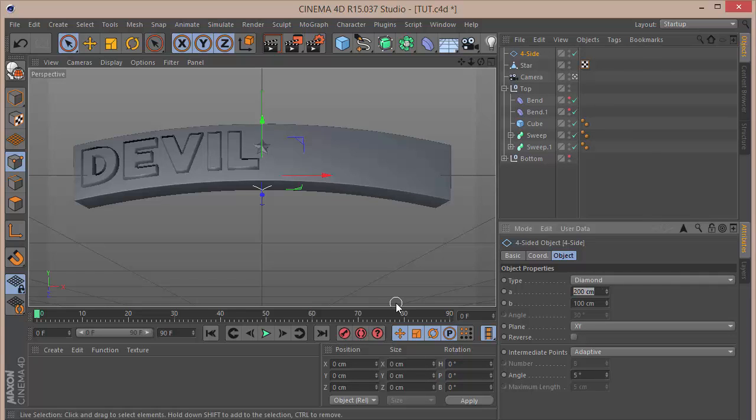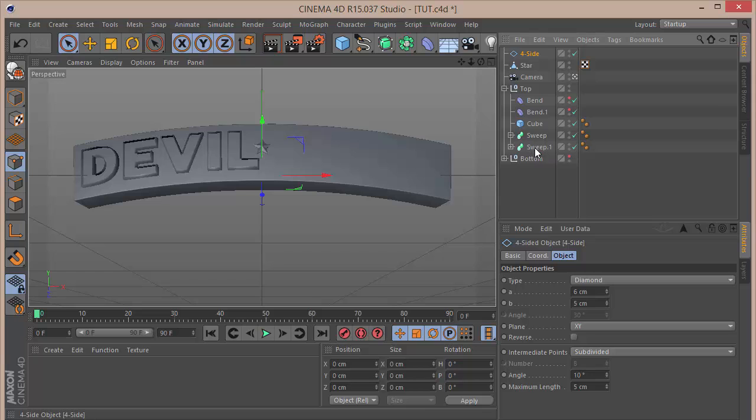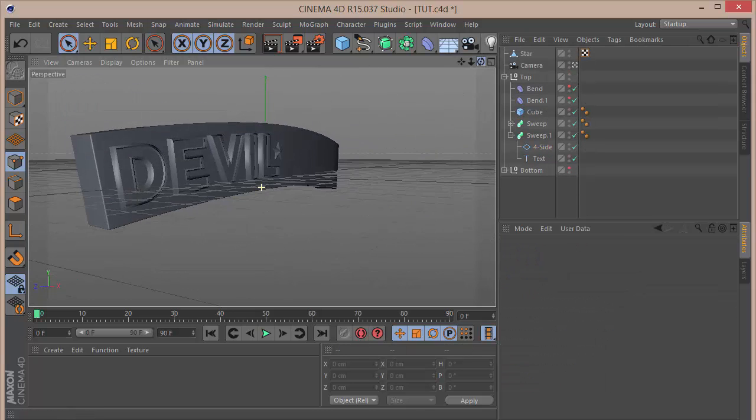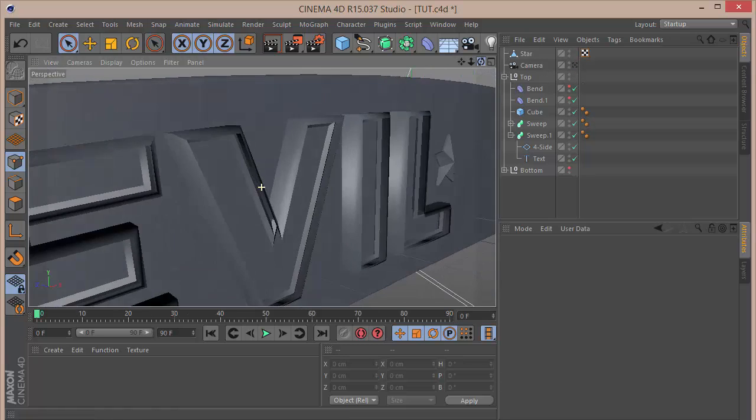We're going to set the A to 6 and the B to 5, and we're going to set the intermediate points to subdivided, and we're going to set the angle to 10. And then we're going to take it and drop it inside the sweep NURBS, and we're going to delete this spline. So now if we, oops, Ctrl Shift Z, let's get away from our camera,